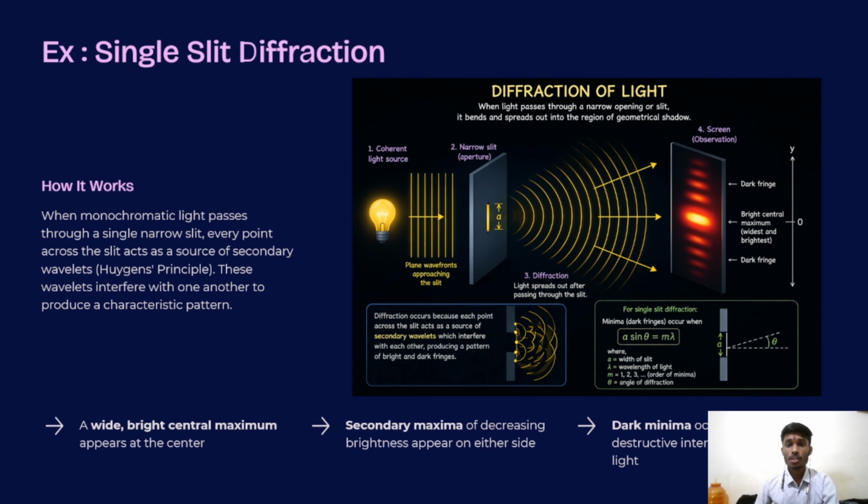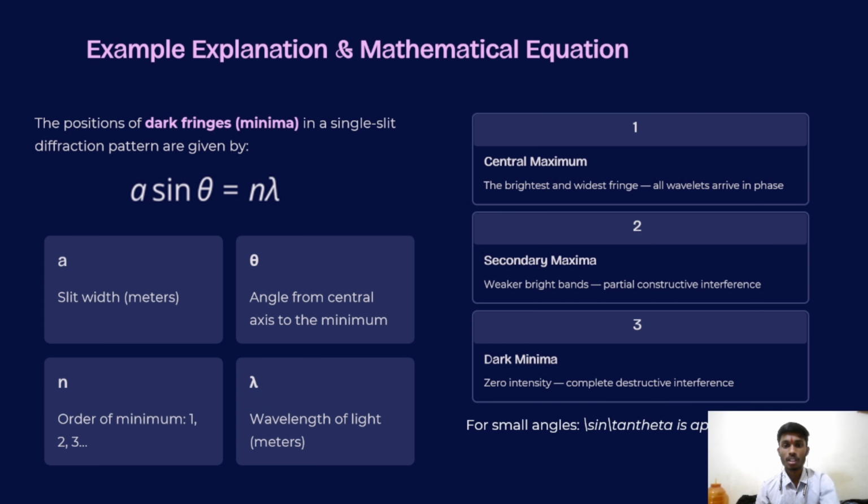Here, in this phenomenon, coherent and monochromatic light is used. It falls on this narrow slit firstly and diffracts into wavelets, and these wavelets overlap or interfere with one another to form an interference pattern on the screen. The interference patterns are observed in a workflow. You can see on the screen